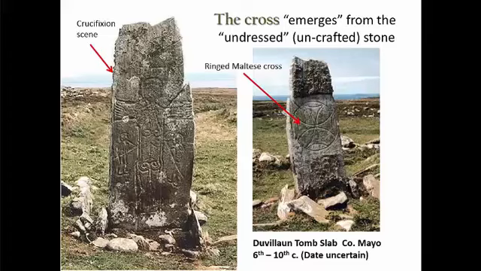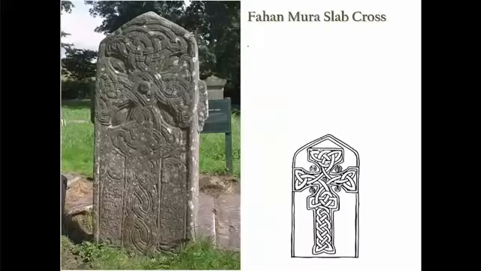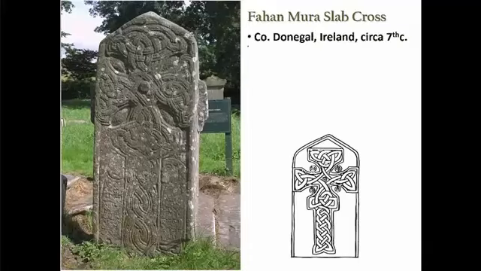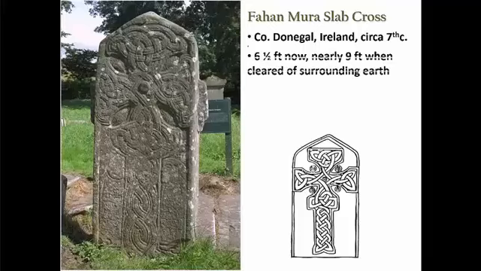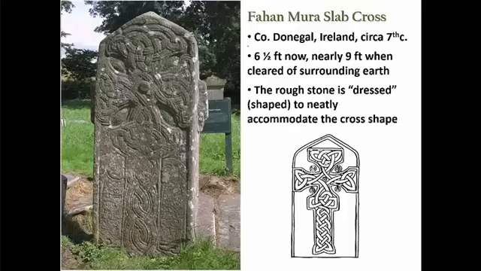A more detailed example of this is seen on the Fahan Mura slab cross. This slab was carved in the 7th century in County Donegal, Ireland. This stone cross measures 6.5 feet now, yet measures 9 feet when cleared of the surrounding earth. In this instance, the rough stone was dressed, shaped, or carved to accommodate the cross shape. Although this is a very intricate design, we see as well within the